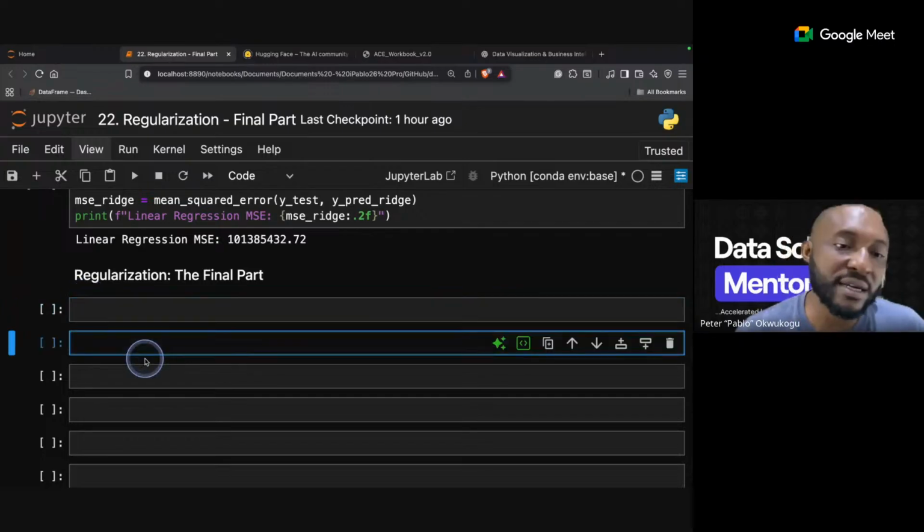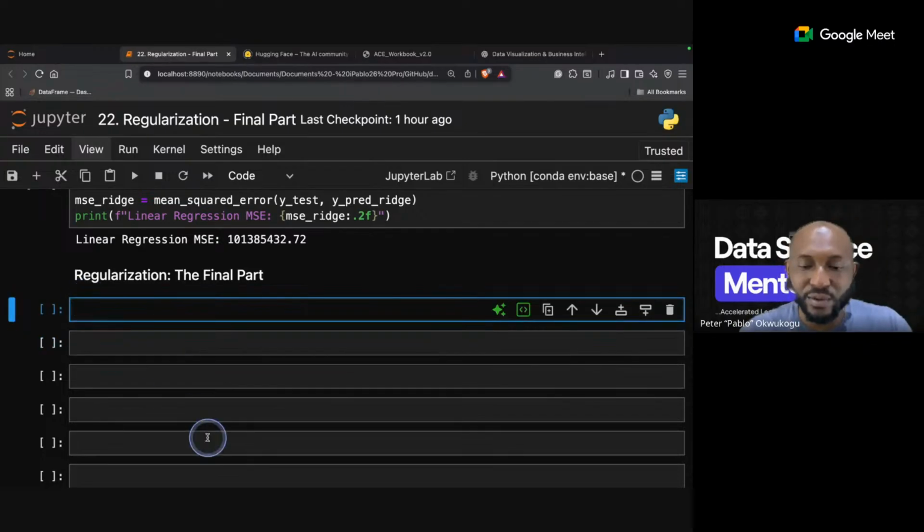Now, to get started, I'm going to do a few things. I will first import two things. Matplotlib, which is a library for visualization.